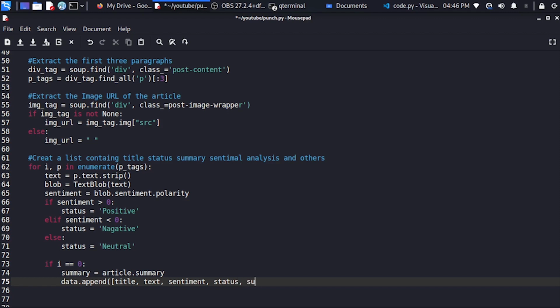We also have summary, which is what we're doing. Then we also have img URL, which is the variable of the image link. And just close this. I think that is all. So I can close. And else